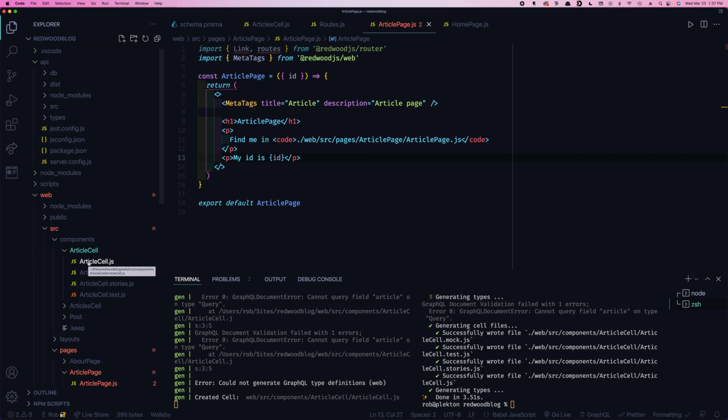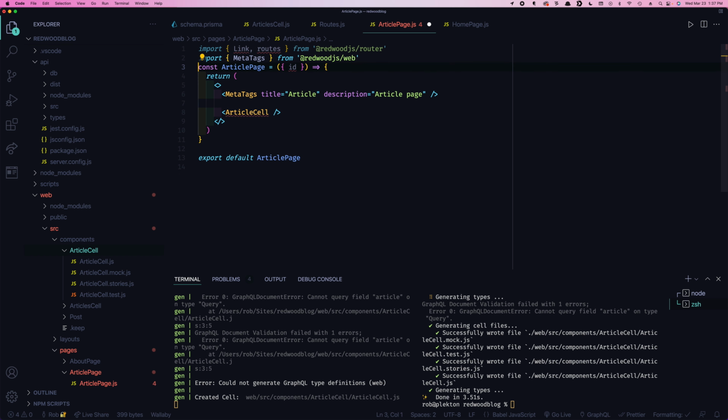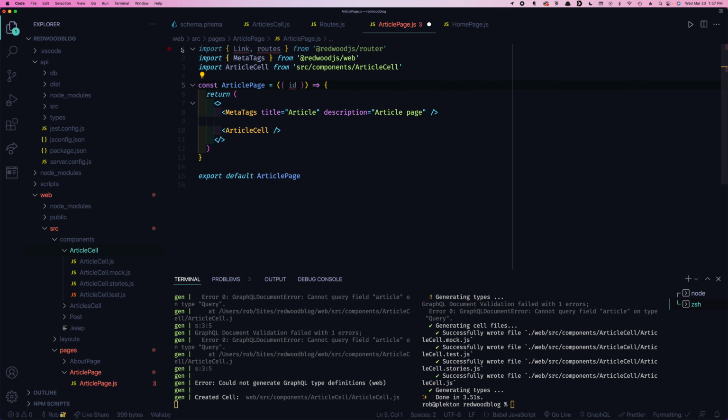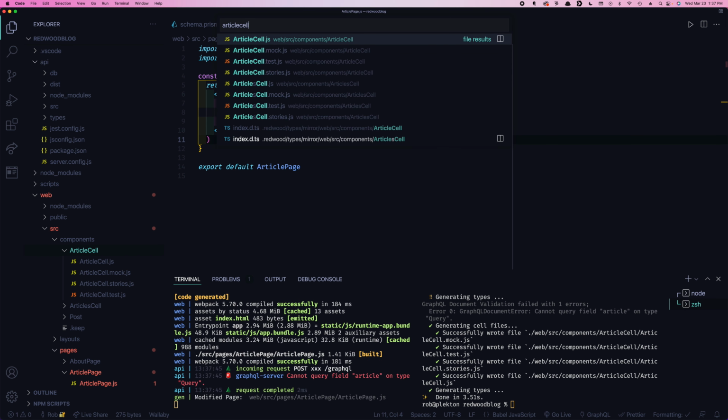Article cell. And we're going to want to render that here. So let's get rid of this, and we'll say article cell. And we don't need our link and routes anymore. If we go to our article cell,